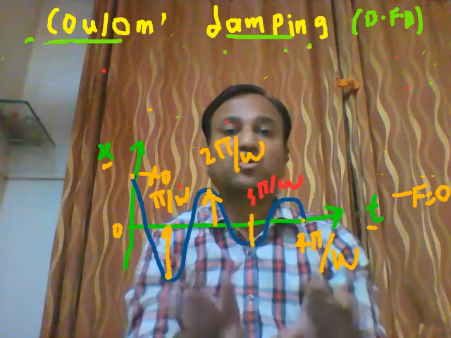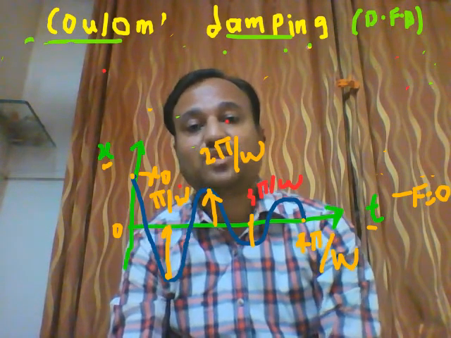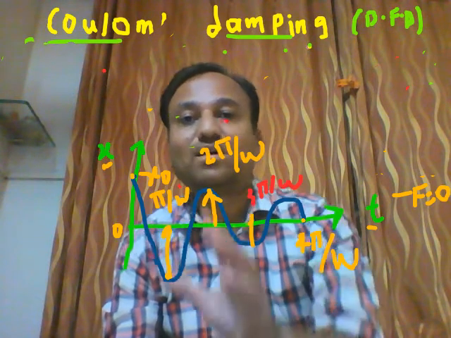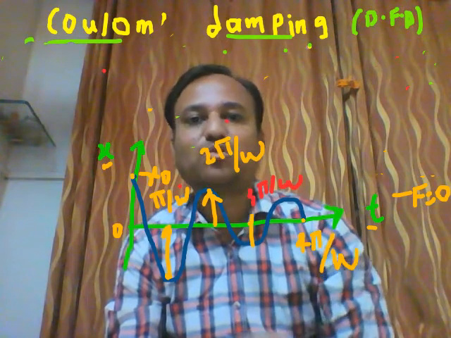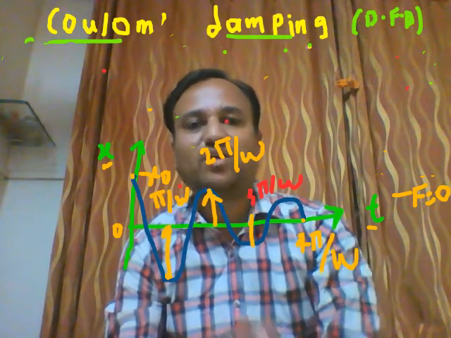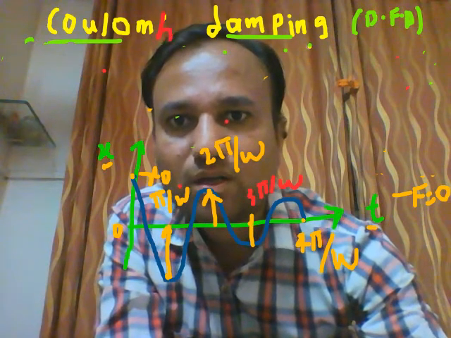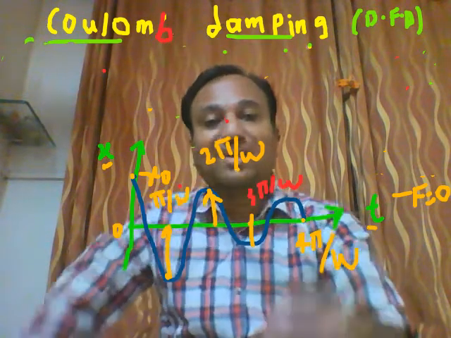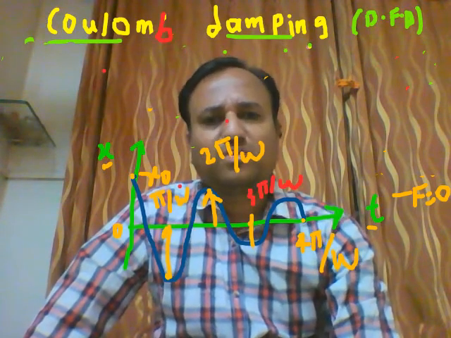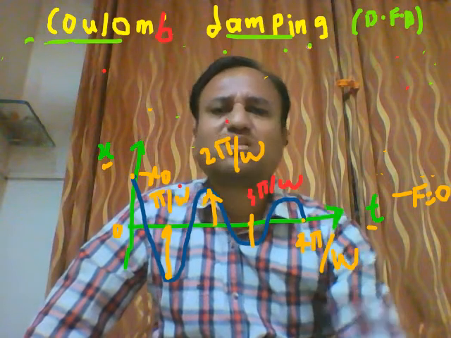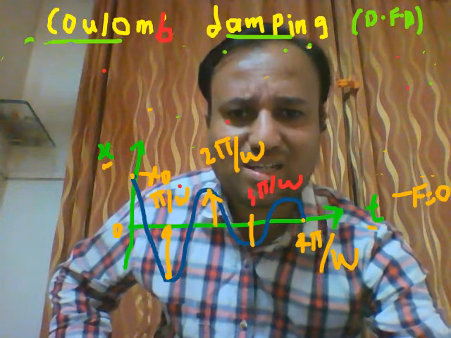Detailed analysis I am not doing, as per time constraint and the weightage for this content, that is Coulomb damping. One problem or differentiation between Coulomb damping, or discussion of Coulomb damping or analysis of Coulomb damping, that's it. So detailed graph, various concluding points. If you want to do the detailed analysis, just use any standard reference book. Okay. So I am doing the analysis only for a single cycle.